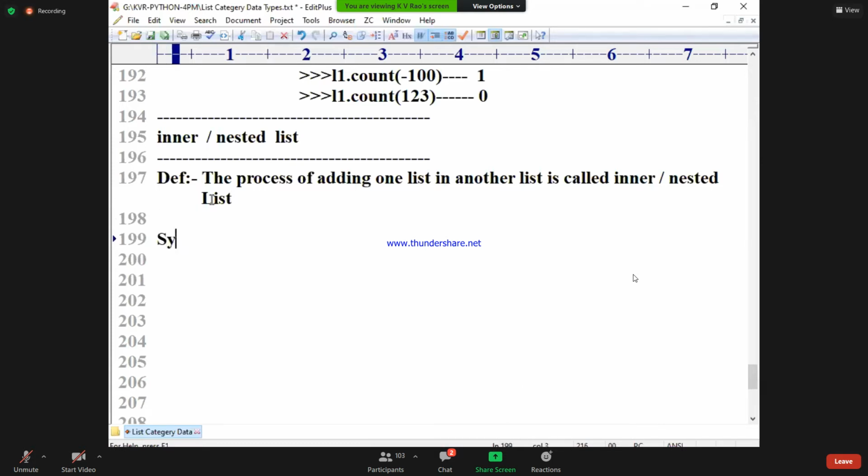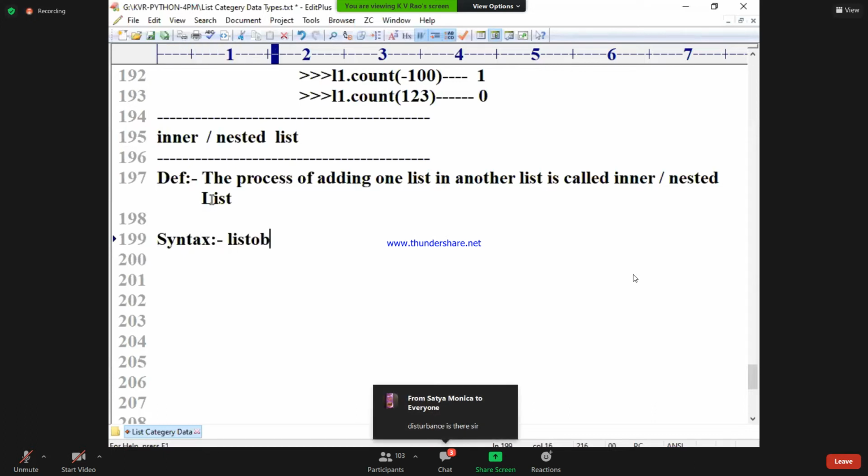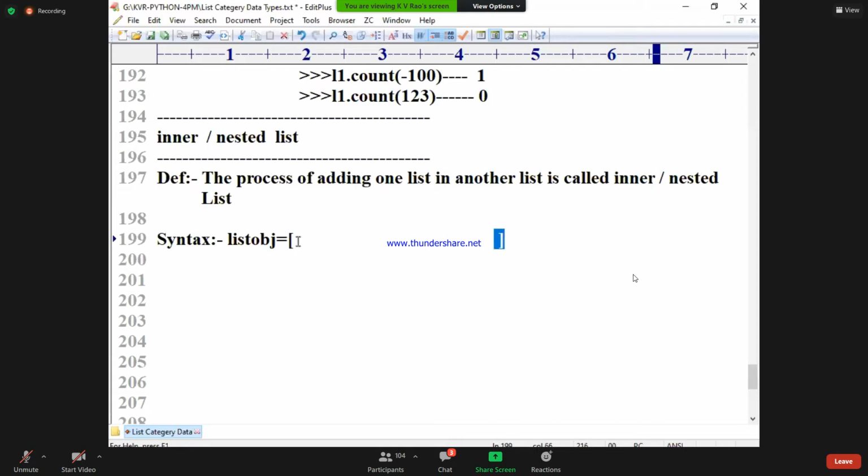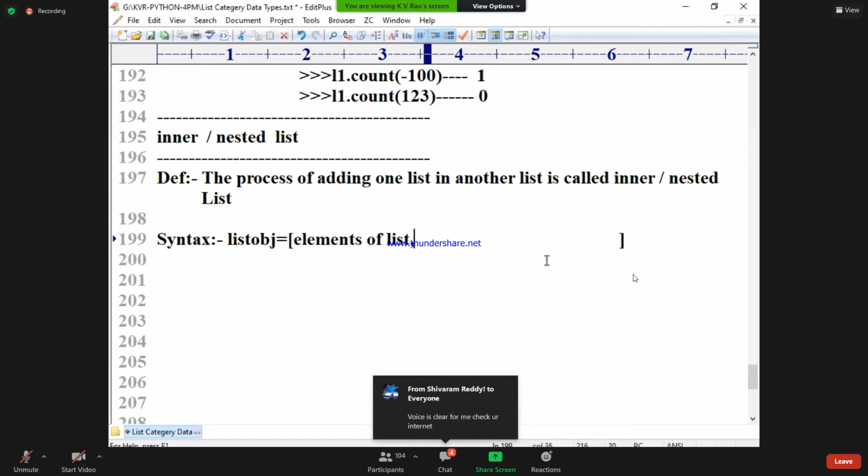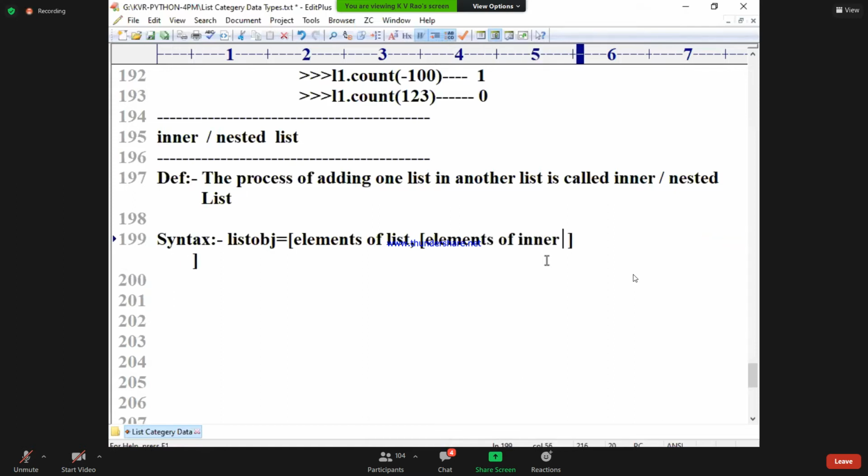Right, guys? Syntax. List object is equal to, first you watch it, try to understand. This is called list representation actually. So here I'll write elements of list, comma, then I open another bracket. What is this called? Elements of what list? Inner list. Elements of inner list 1.